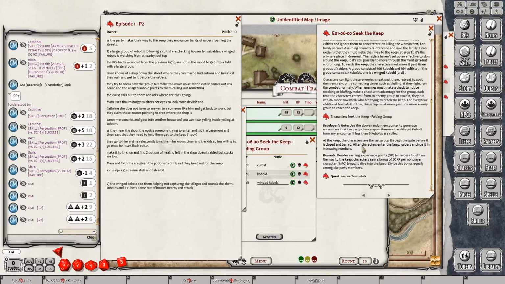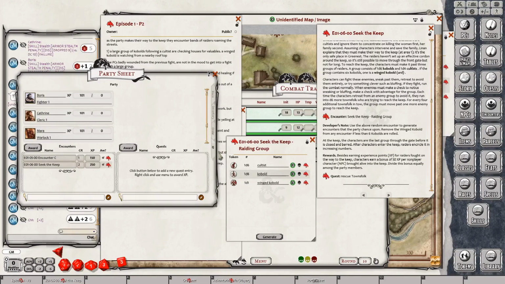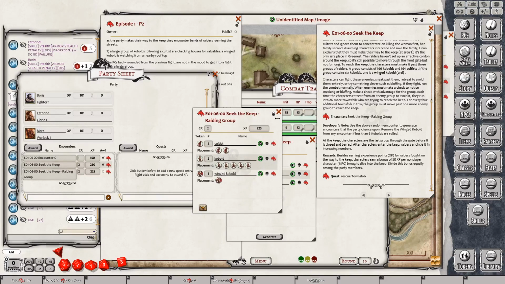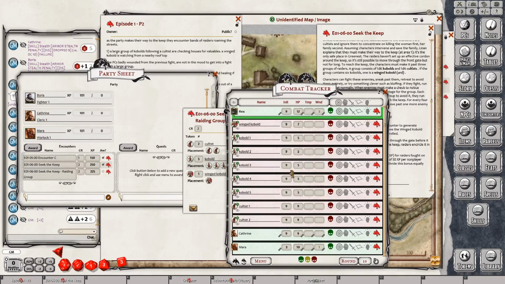Okay, so I don't think there's a map for this encounter. But first we need to go to our party, our XP. We need to put this group into our... Oh, that's not the right one. Where's our encounter? There it is. This one in here. 225 experience. This is almost as bad as the last one was. Oh boy. Okay. We will add them to the combat tracker. There we go. And see, it does do that. It rolls the same initiative for every single